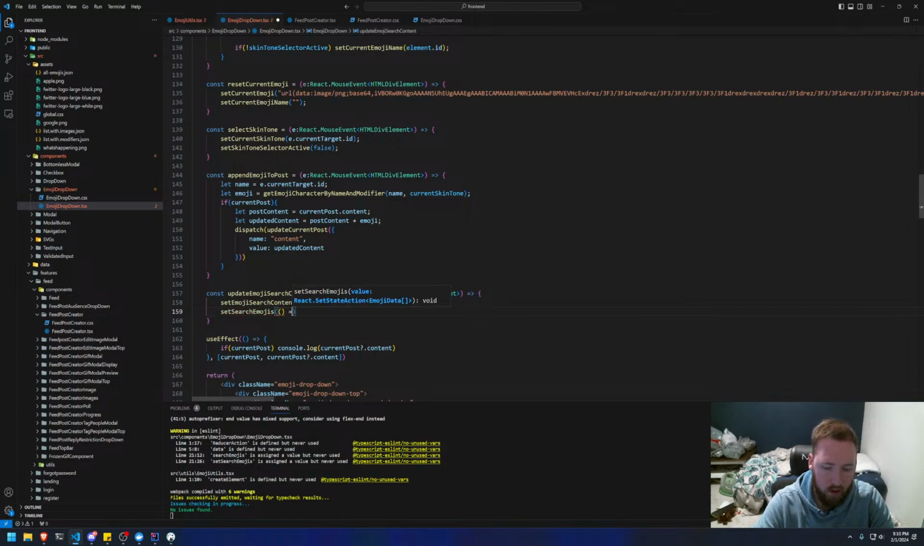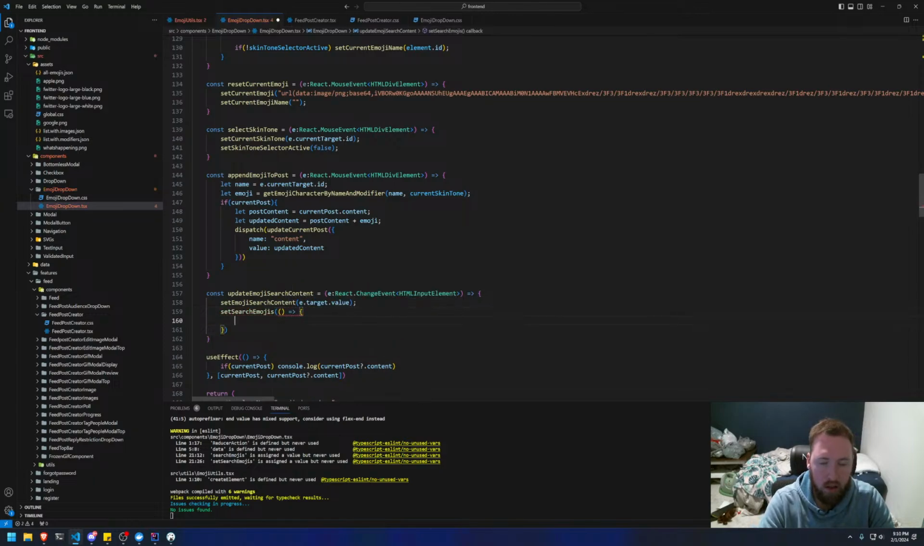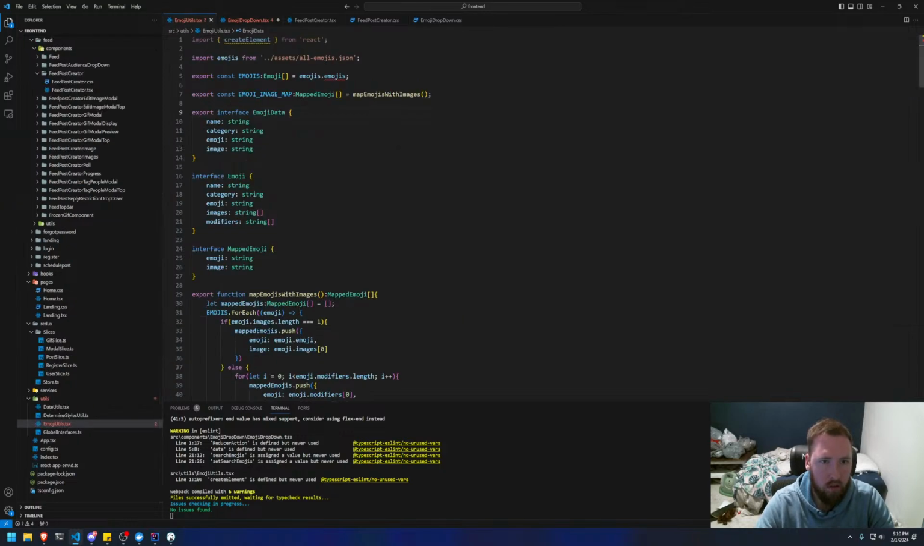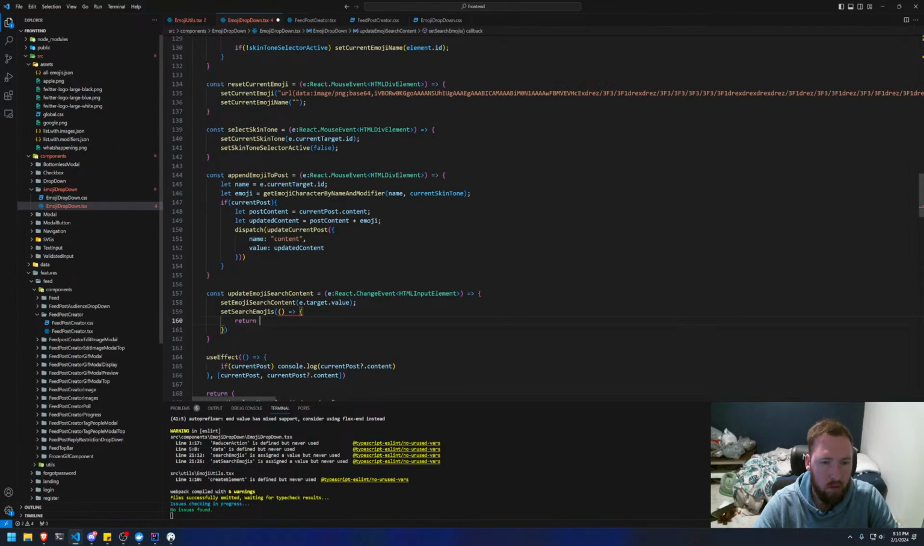We're gonna have a callback function, and we're gonna basically need to map through the emojis. So we need to return a, and I don't know if I have access to this. We don't want the mapped emoji, actually, no we don't, because we want the name. So we're gonna go ahead and grab the emojis. So let's grab emojis. So we're gonna say emojis dot filter,